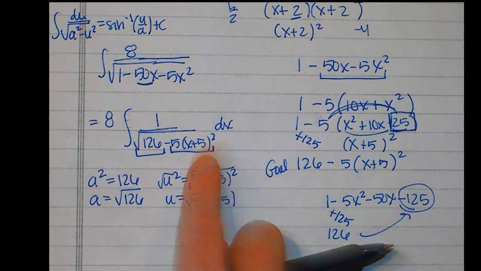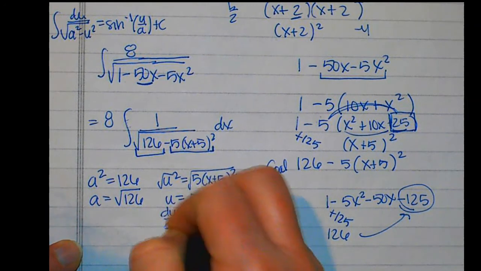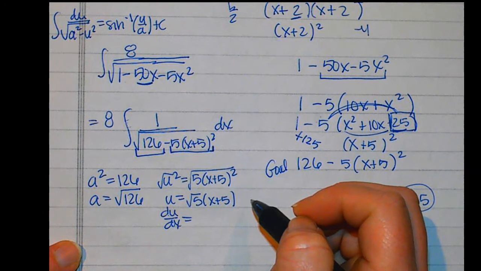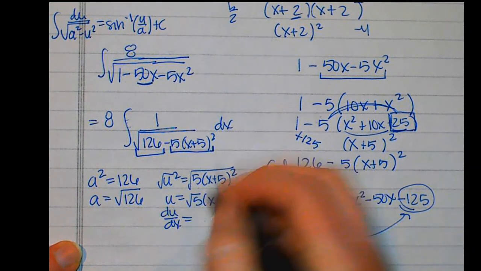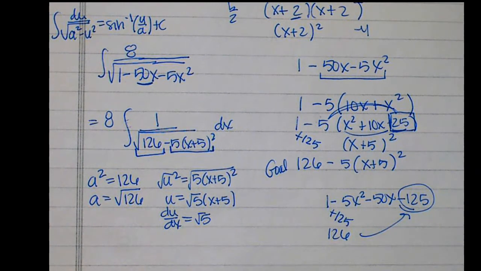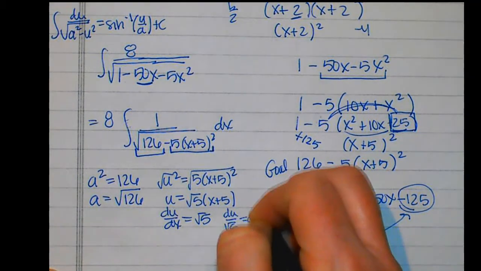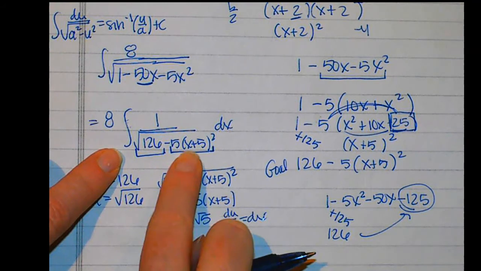So we need to say du dx right here. And if we multiplied this all out, we'd take the square root of 5x and take that derivative, we get the square root of 5, right? So it's a scalar multiple in my problem. When you rearrange this, you get du over the square root of 5 equals dx, which means that if I replace u with this,